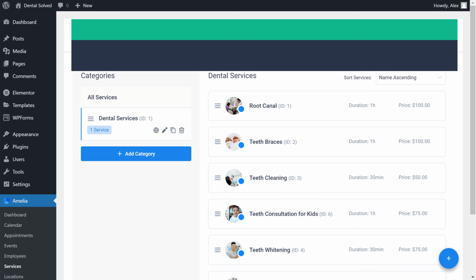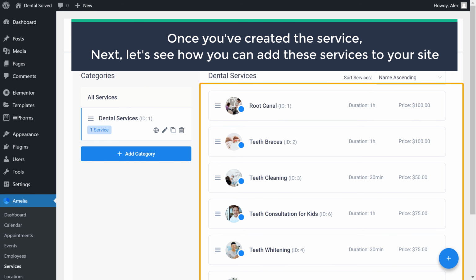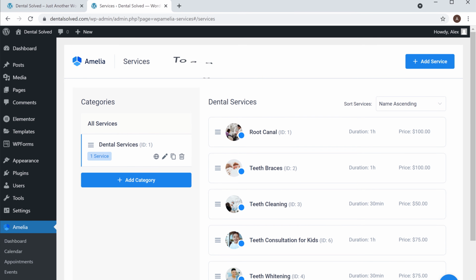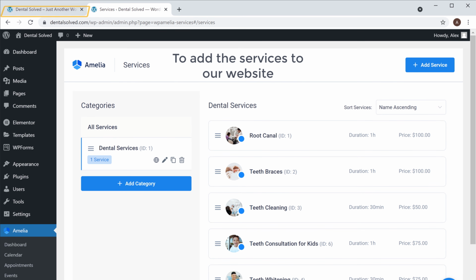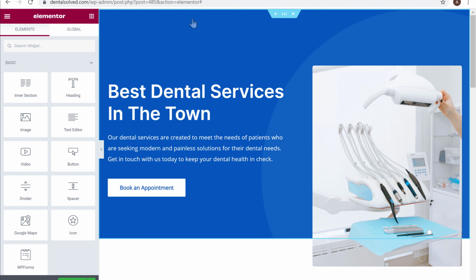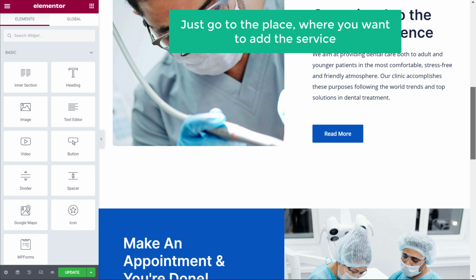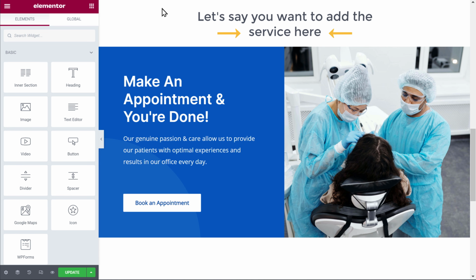Okay, once you've created the service, next, let's see how you can add these services to your site. So to add the services to our website, let's go to this tab and click Edit with Elementor. Now just go to the place where you want to add the service. Let's say you want to add the service here.